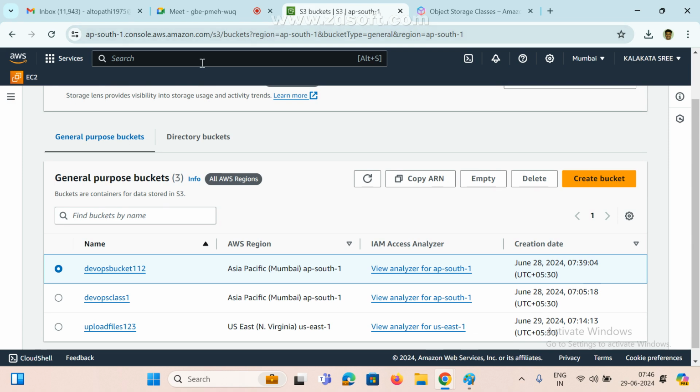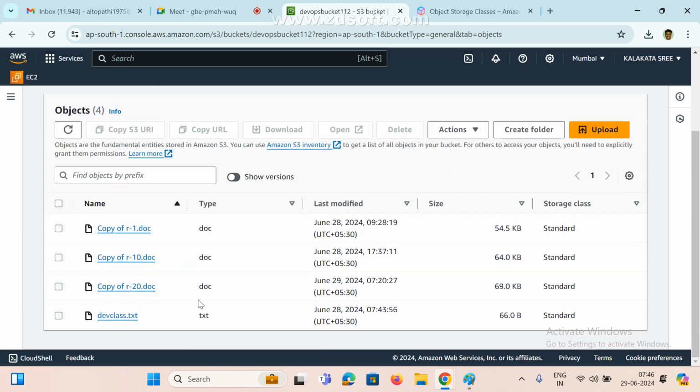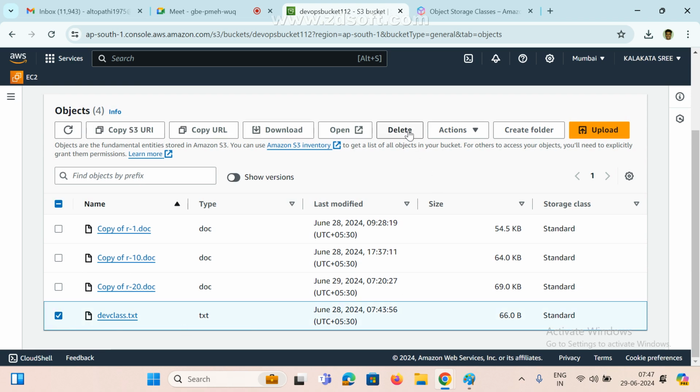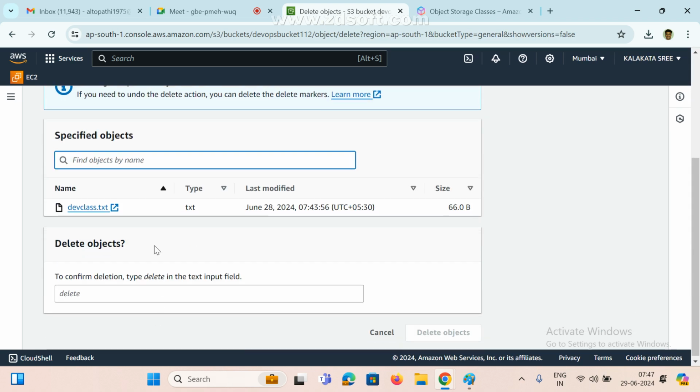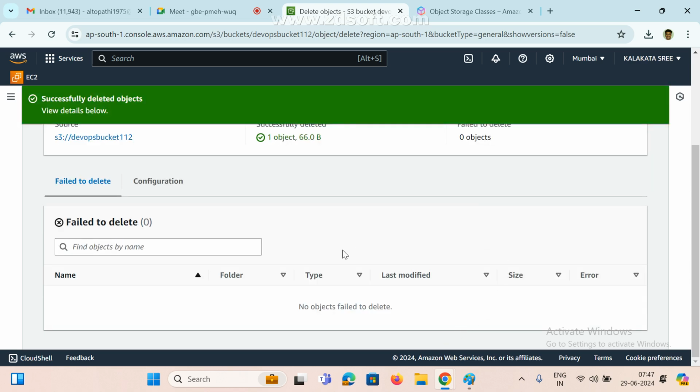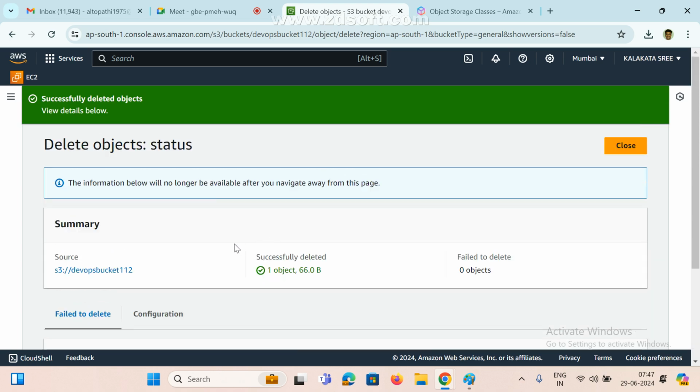Clear? See here. Click on this bucket name. Here I have 4 files. Now I am selecting this file and clicking on delete. For example, like this we need to type delete. So for example, if you have 100 files and you don't want 100 files,